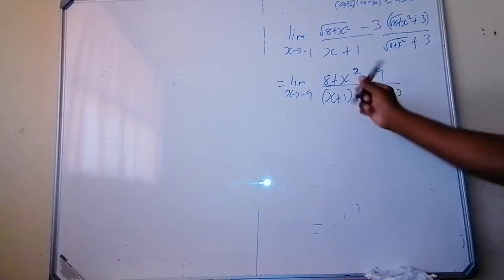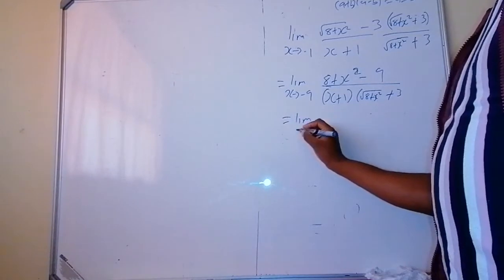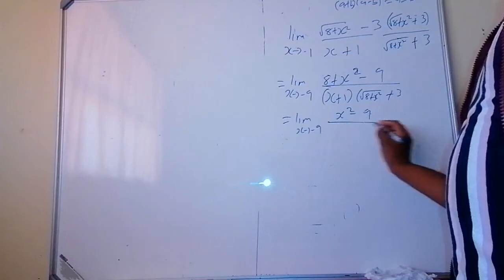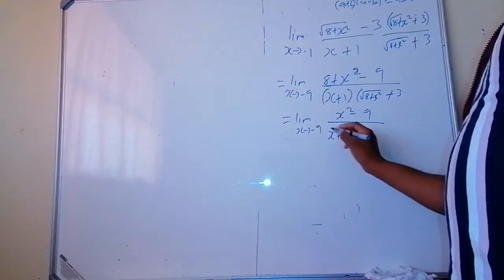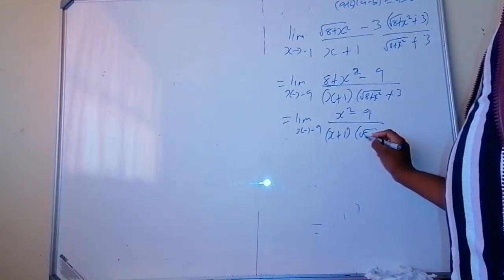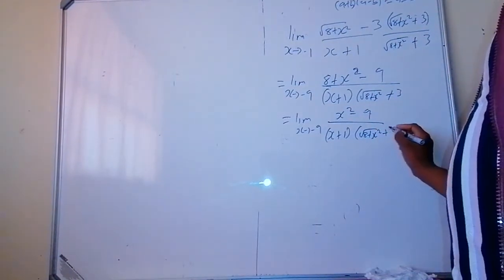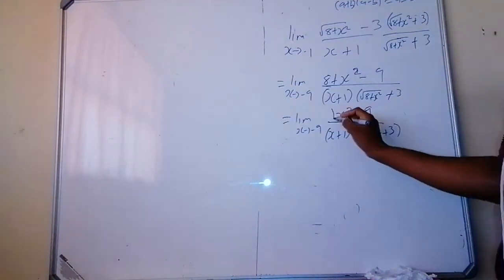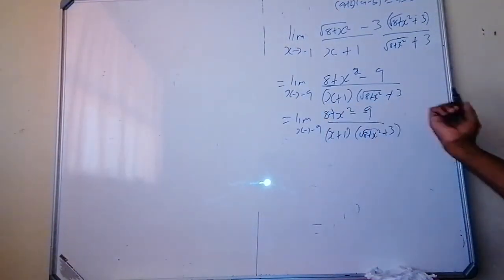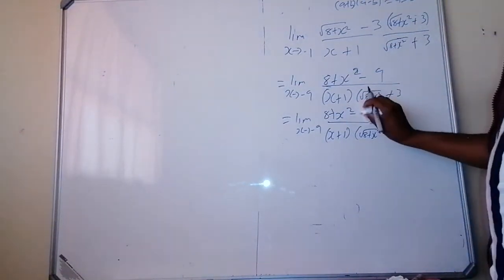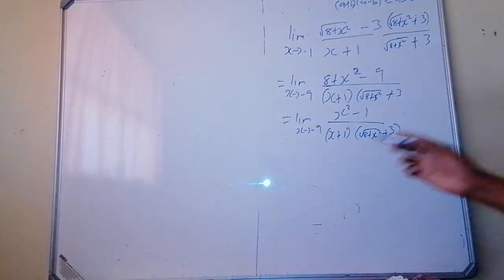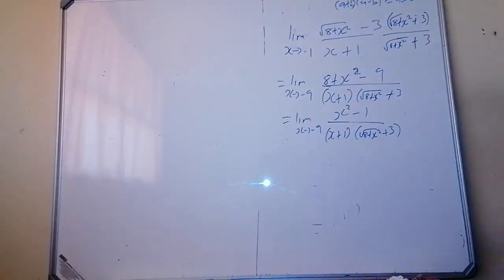So 8 minus 9, that's just negative 1. So this is x squared minus 1 divided by x plus 1 into square root of 8 plus x squared plus 3. So x squared minus 1 can be factorized as